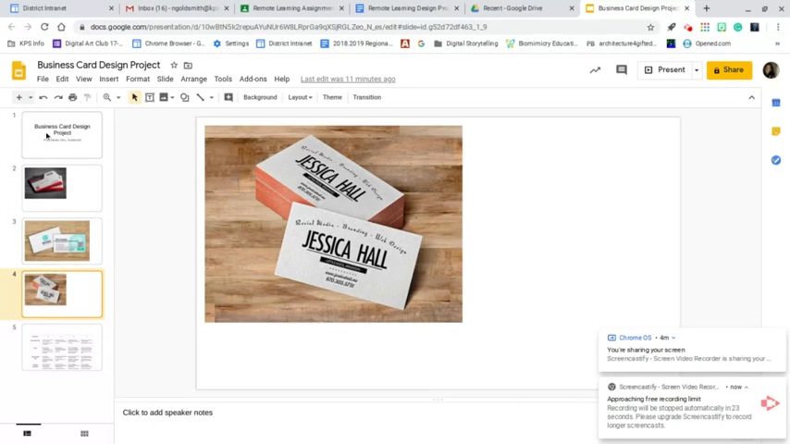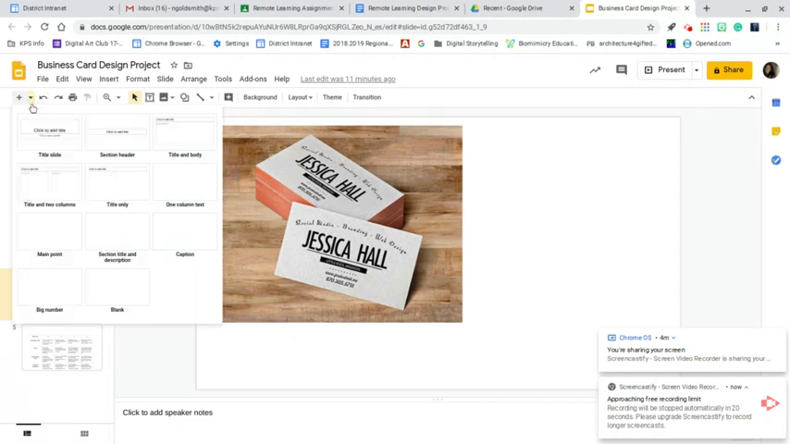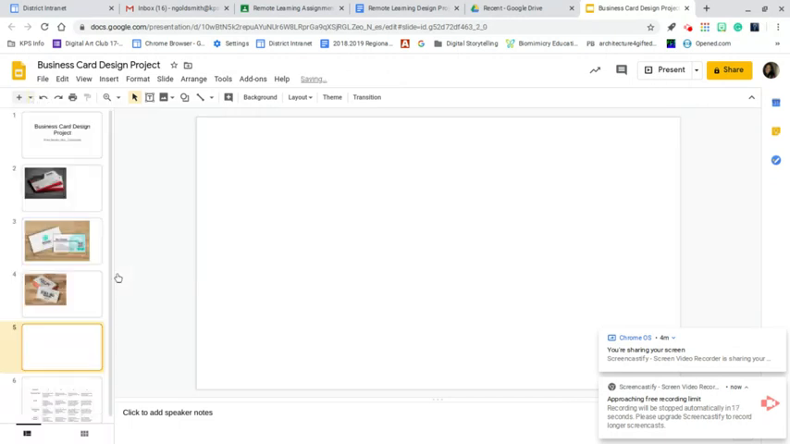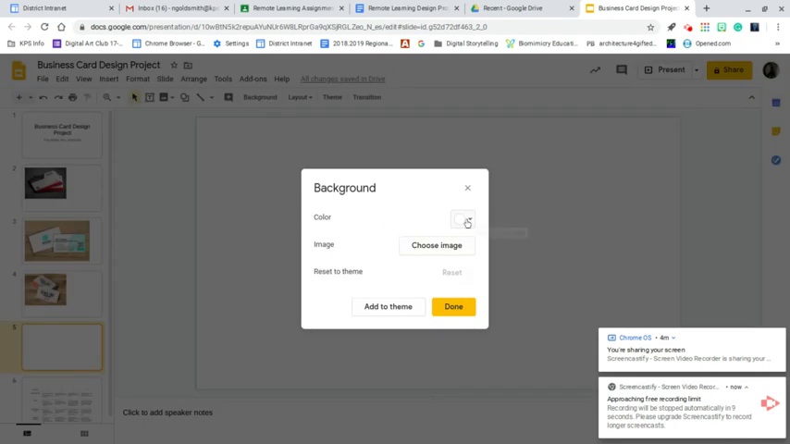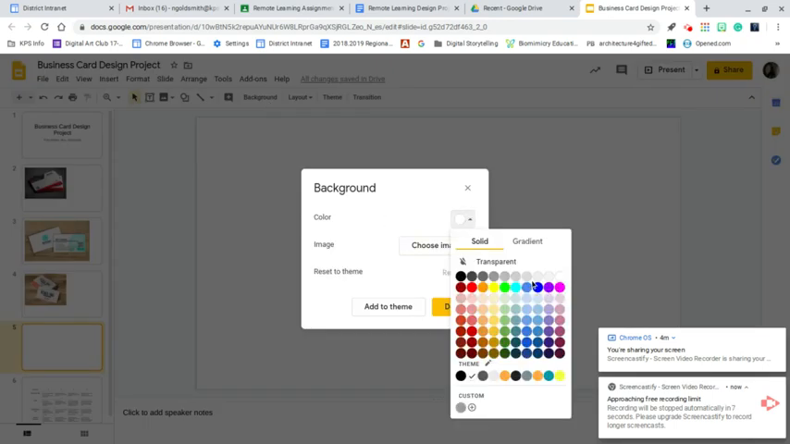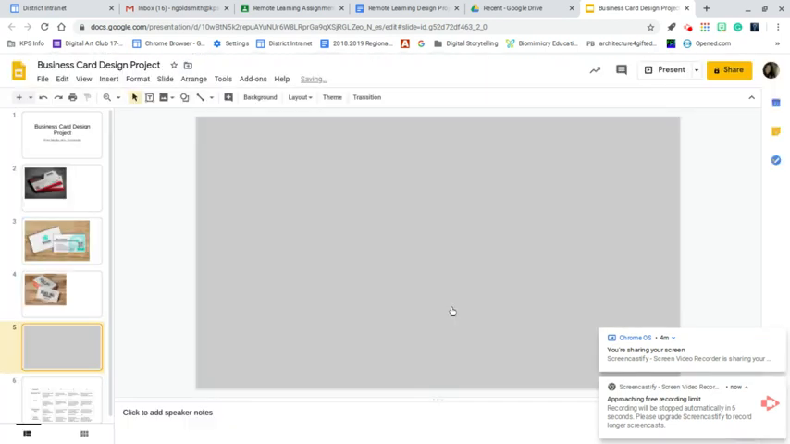So what you're going to be doing is you're going to be creating your card on a slide. So I'm going to show you guys. You're going to get a blank slide, and you're going to treat this entire space as if it was your business card. So for example, if I wanted the background of my card to be a very pale gray, I would insert that gray. If I wanted to insert a line,